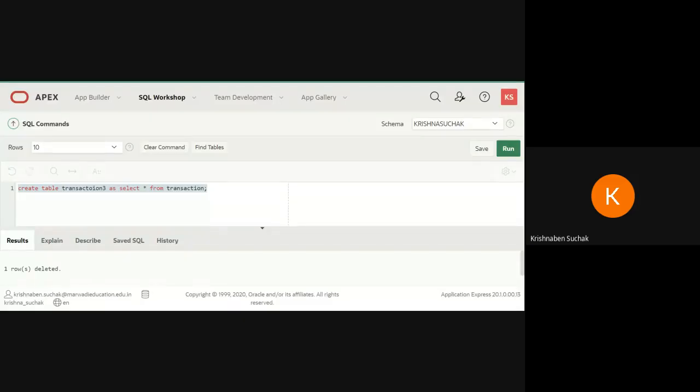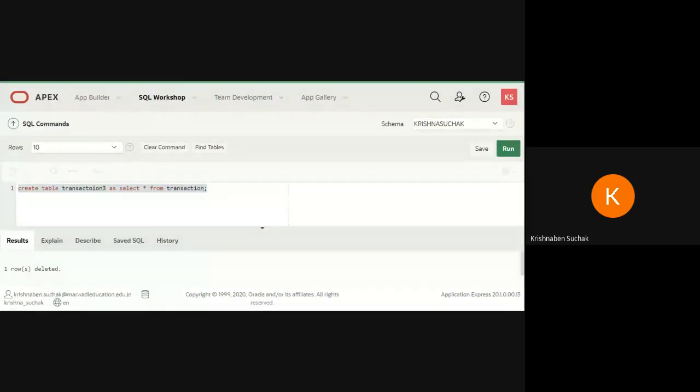So now we will perform queries for the fourth part, that is the transaction part. The first query for the transaction table: first, you need to create the table, which you have already created.